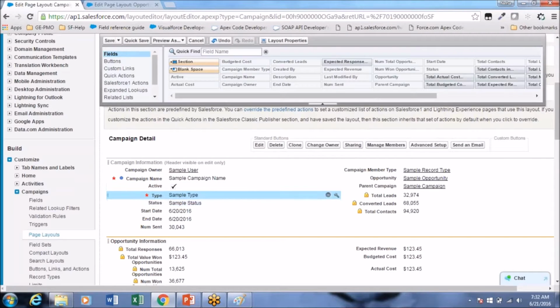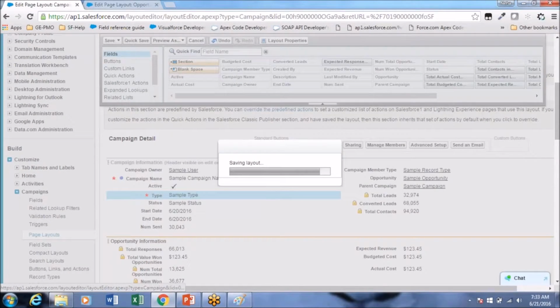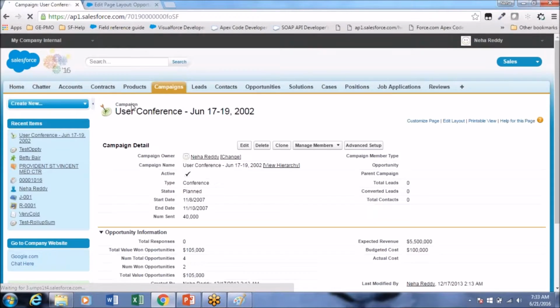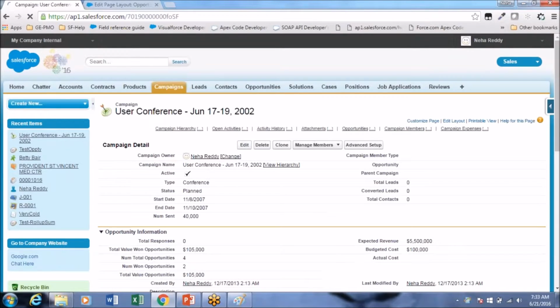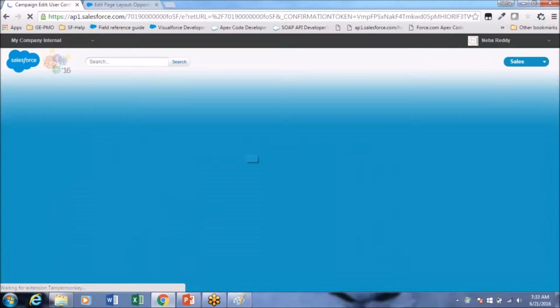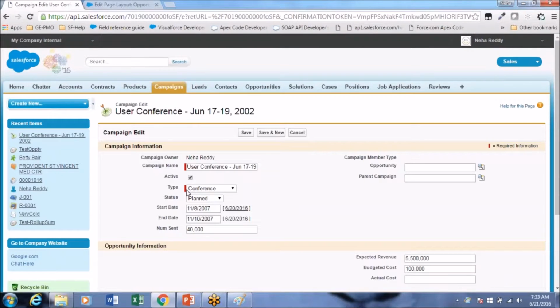See here, when you make it required, you can see the red star here, and save. Now you go back to the campaign record and edit. The type field became mandatory, the red line, it became mandatory.